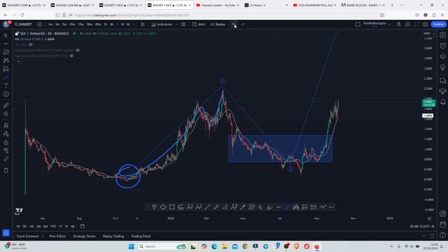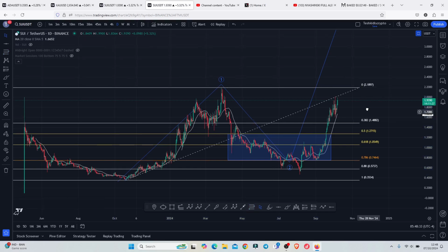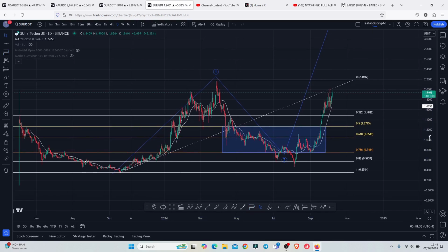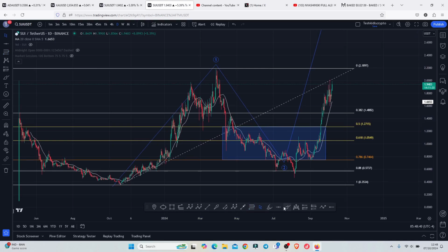And after we peaked in that Elliott wave count 1, we started a bit of a short-term pullback in this larger Elliott wave count 2 into the minimum target areas for the second wave, highlighted on the charts using this blue target area, an area that I came up with by pulling the fibs from the lows of this Elliott wave count 1 to the high of that Elliott wave count 1, giving me a minimum pullback target area for the second wave between the fib level 0.5 and the fib level 0.78,